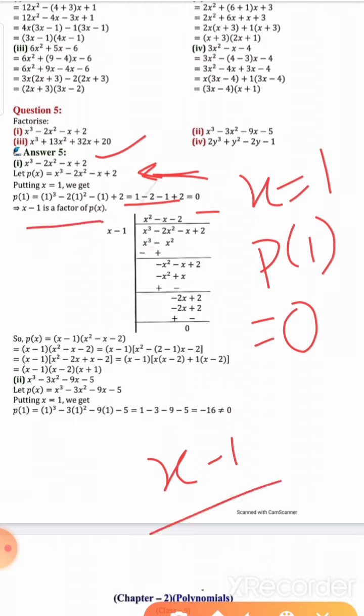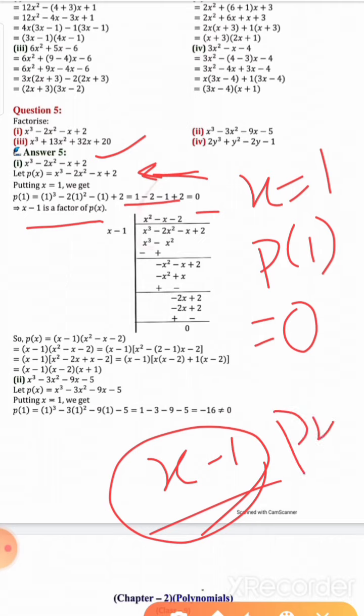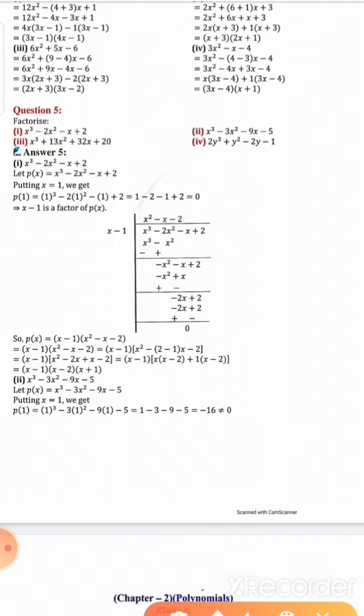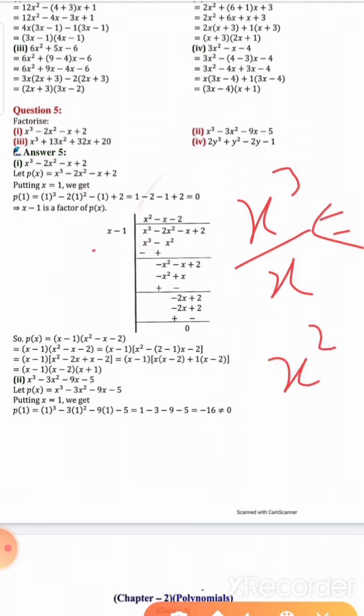So here we write x minus 1 is a factor of our polynomial, so we divide our polynomial p(x) by the factor x minus 1 using the long division method. In the long division method, first we compare the first term of the dividend to the divisor, and we get x cube divided by x, meaning the quotient is x square, because in division power will be subtracted, so x raised to 3, and in the divisor x raised to power 1, so 3 minus 1 we get x square. Write it in our quotient polynomial.